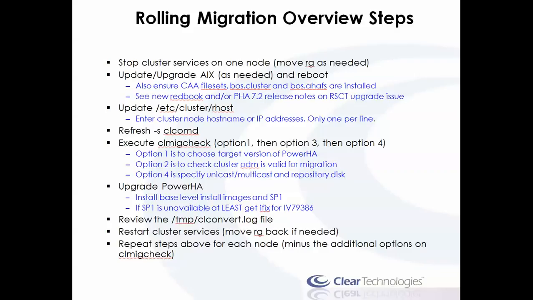So quickly I'll go through the steps. With a rolling migration, we're performing an upgrade of one node at a time while still keeping the cluster and the resources up and running. So traditionally I start with the standby node, so I stop cluster services on one node, I upgrade or update AIX, whatever is appropriate